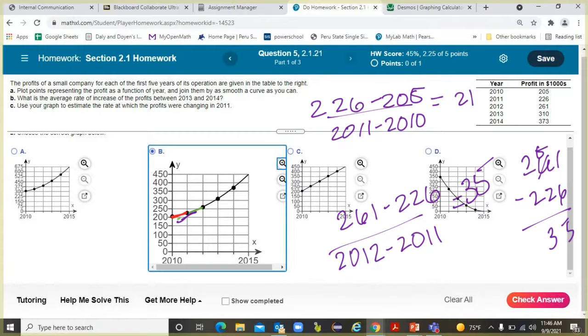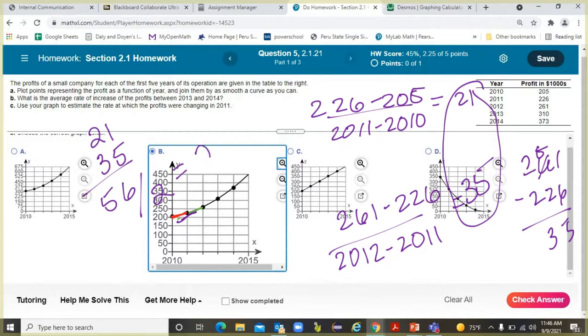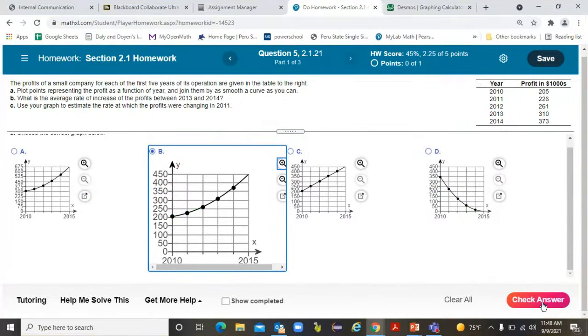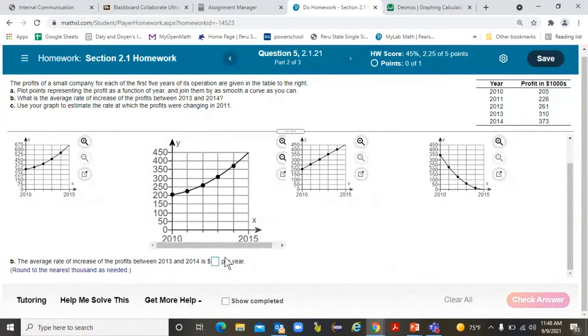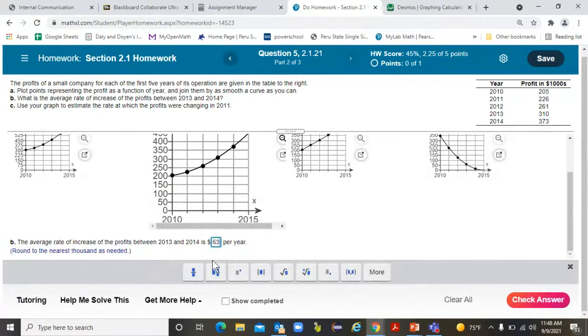So I'm just going to average them. So 21 plus 35 makes 56. And then I'm just going to divide that by 2. And that would be what? 28. So I'm going to guess about 28,000 per year at 2011. All right, so that's my guess. Let's see what happens. So again, if you can find the slope of the tangent line, that's really what you need there. Notice this does, see the way that's written? Make sure you put the 63,000 in there,